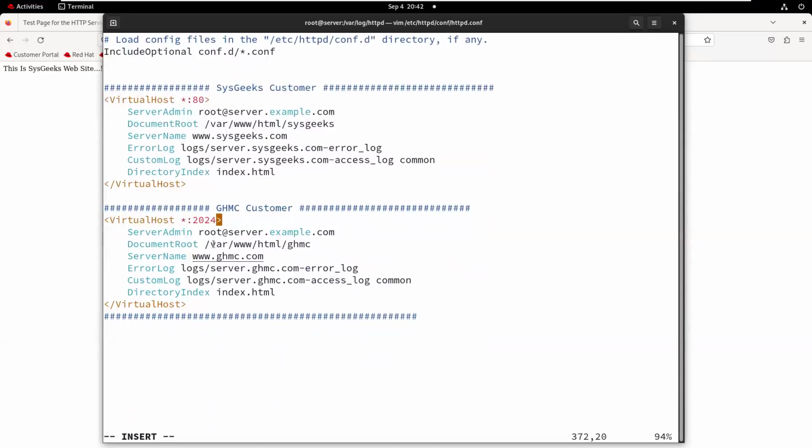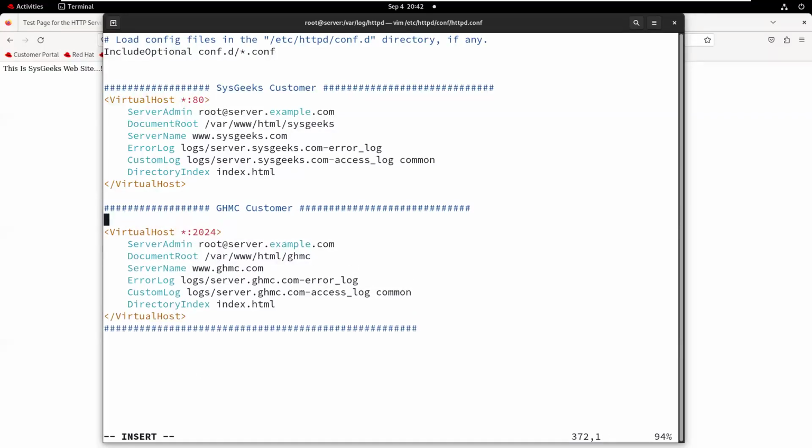Okay, so now where to change the port number? Here we can change the port number, and the port is also configured with one keyword named Listen. Listen is the keyword for listening on a port number. So now this website runs on port number 2024, and to listen on that port number, the keyword is Listen 2024. So now the system won't directly access www.jhmc.com. This one is running on jhmc.com:2024 only. So now let me test it.